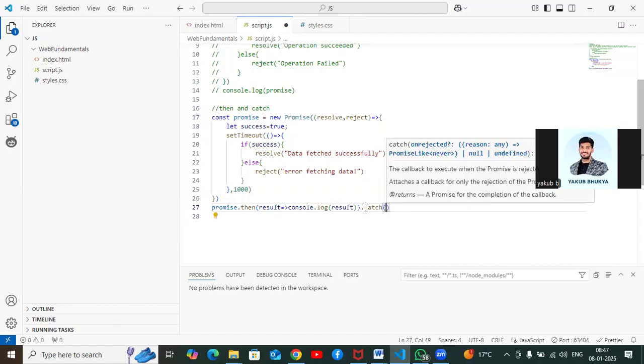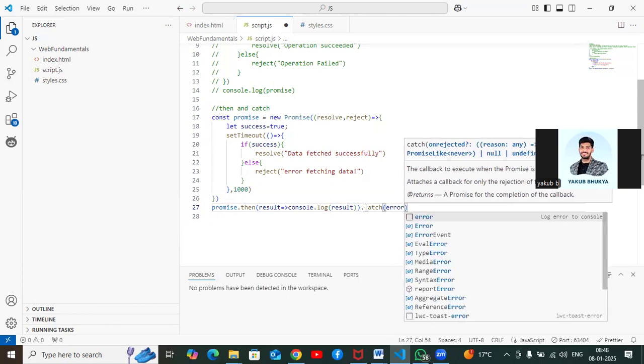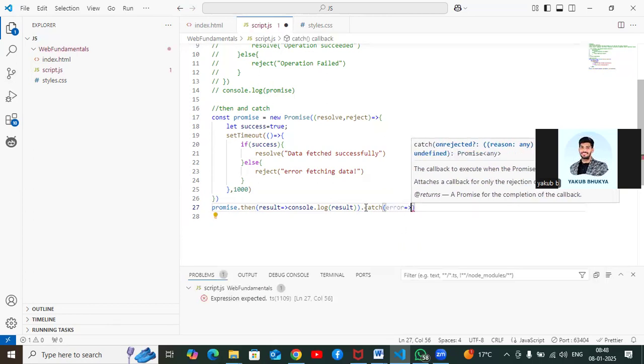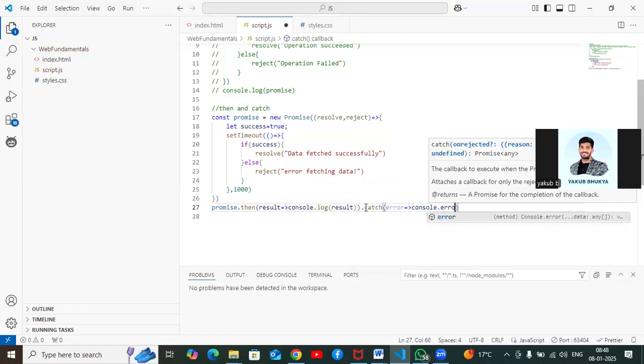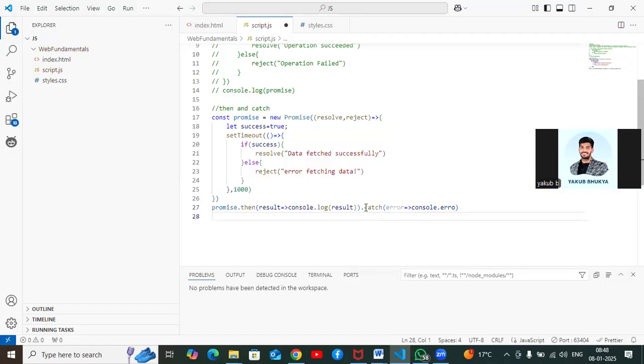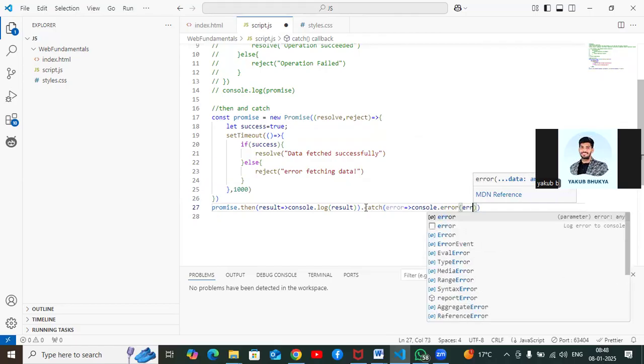In this catch block, what do we have to do? We have to return an error. Which error? Whatever error occurred, we have to return that error. So instead of console log, we'll give console.error. Sorry, console.error. In this, we have to specify the error so that it will return the error. This is about